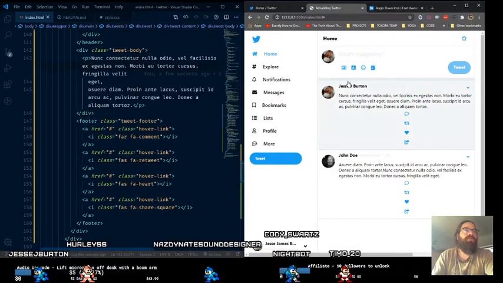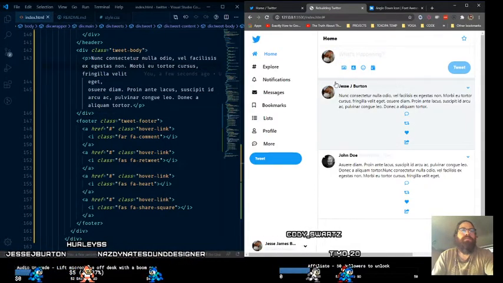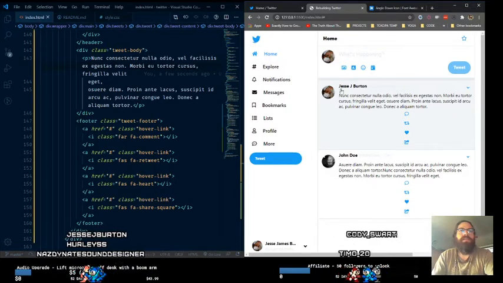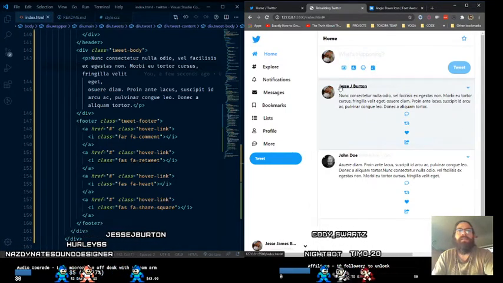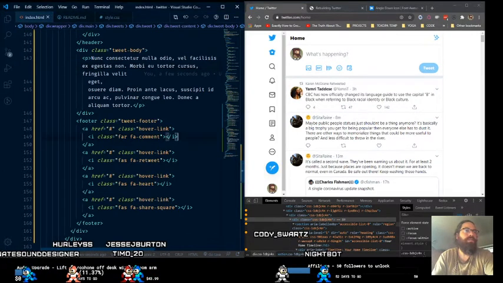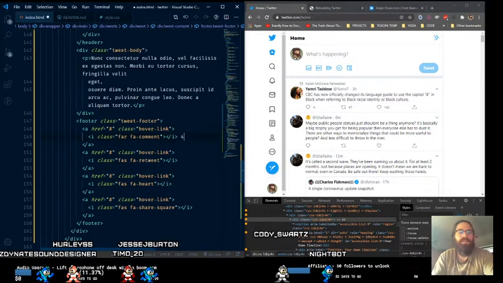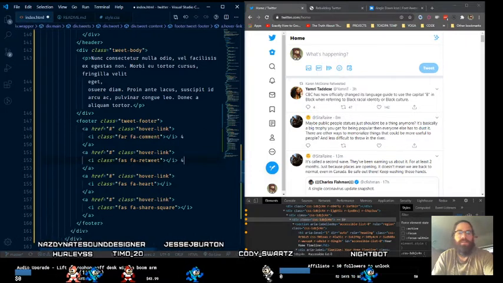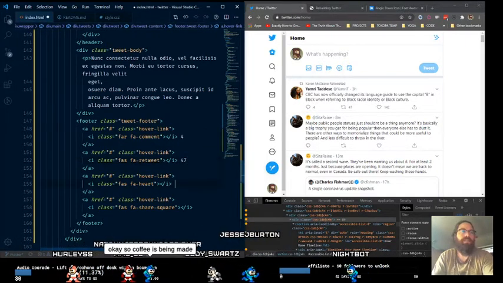So now I've got this tweet footer. This tweet is broken up into a few different pieces. There's a column here that has this in it, and then the column here that has this stuff in it. And now we've got these 4 here, but obviously we want them to be spread across. And I just noticed there are these numbers beside there, so let's just throw some of those in so that we can make sure that we have those stylings